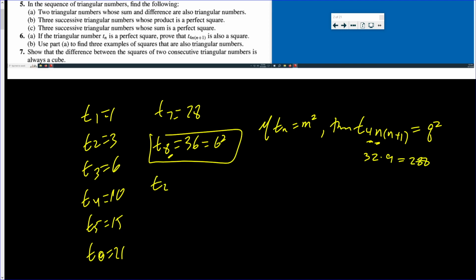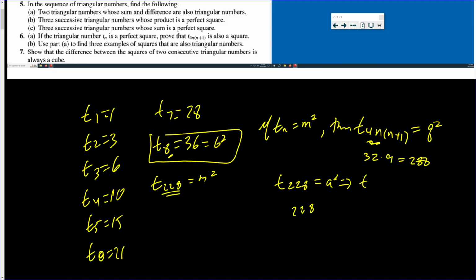So 288 is something squared. I don't know what it is. Okay, but now I know this is something squared. So I know that 288 is a square. Well, that implies T sub